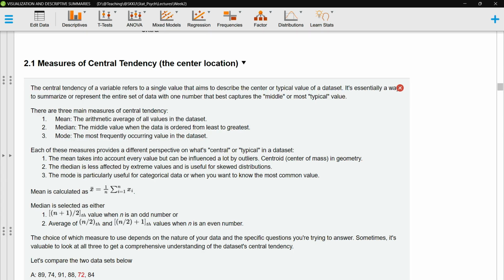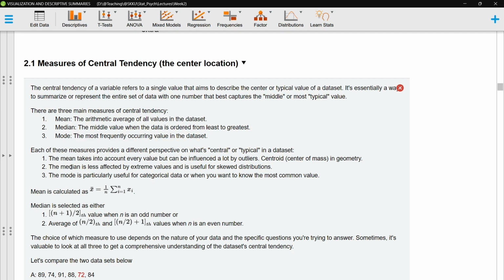But the median is less affected by extreme values, and because of that, the median is useful for distributions with extreme values or non-typical values, or distributions with a skewed shape. What is a skewed shape? A skewed shape is an asymmetric, long-tailed shape. That is a skewed shape. So in case of those characteristics, the median is a good measure for the typical value or the middle value